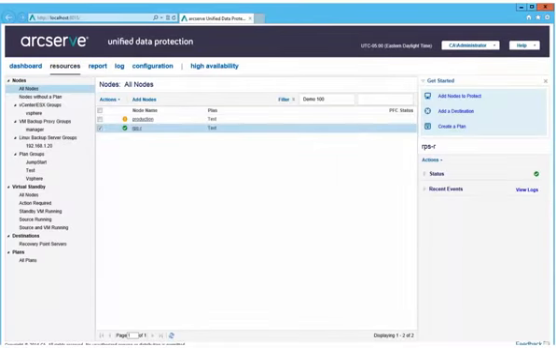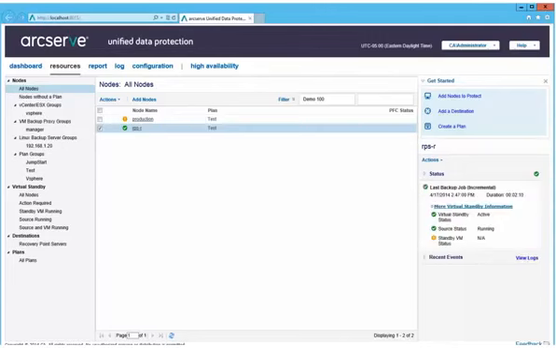Next, we're going to view the Resources tab in the Unified Data Protection console. It has the same look and feel, information on the left, information in the center, and more detailed information on the right. So you'll notice that in the RPS-R node,